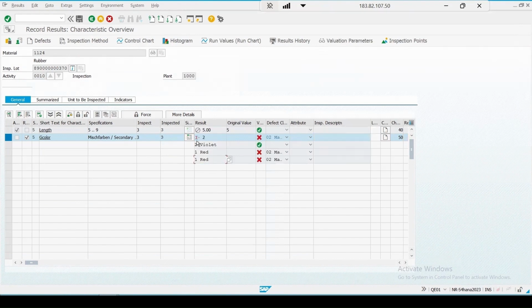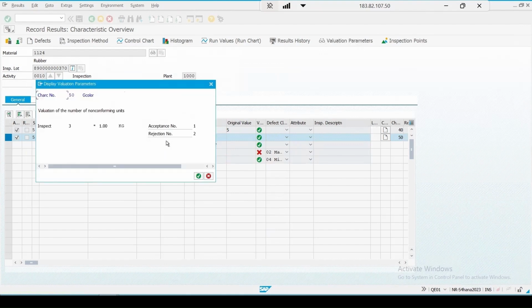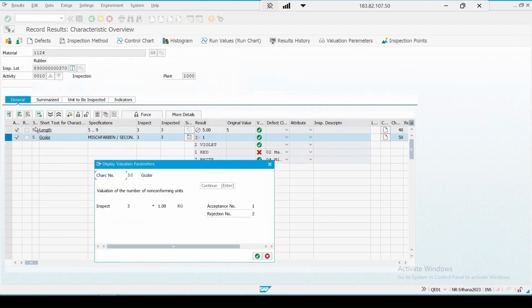Acceptance number was 1 only and the non-conformative unit is more than 1. That's why the valuation has been rejected. Let me unlock it and make it acceptable. So I'm changing one more value out of it. Press enter key. Now the non-conformative unit is 1 only for the second MIC and my valuation parameter for this is acceptance number is 1